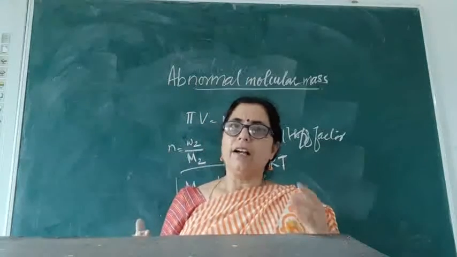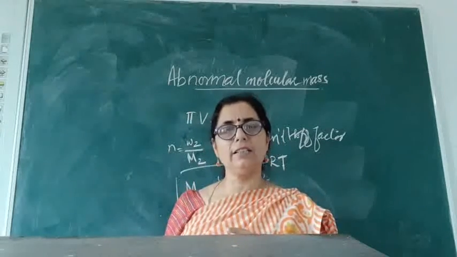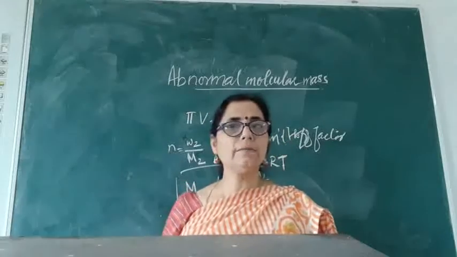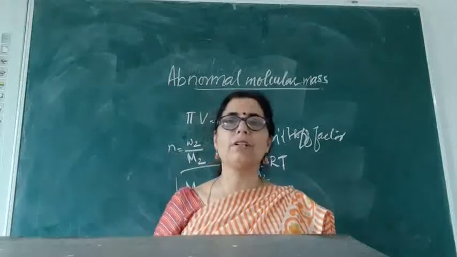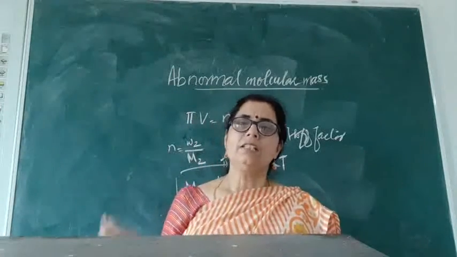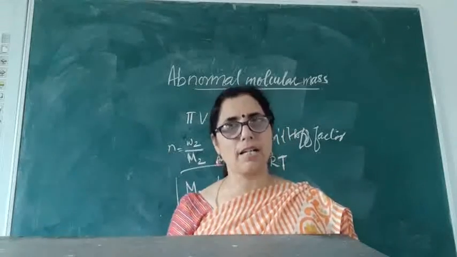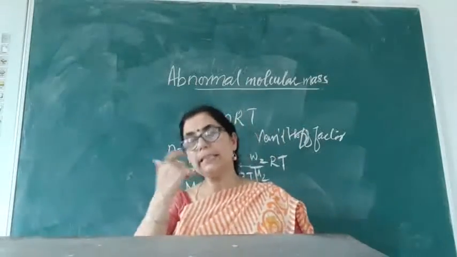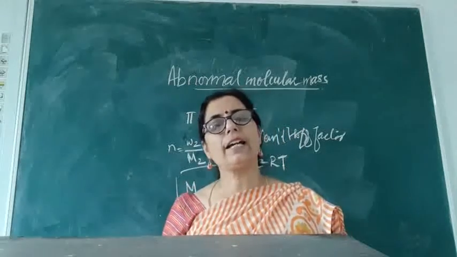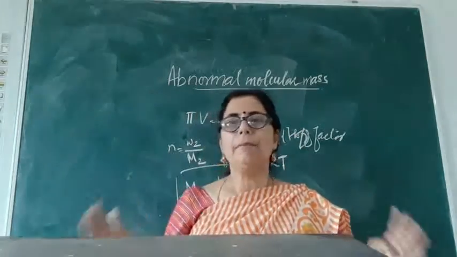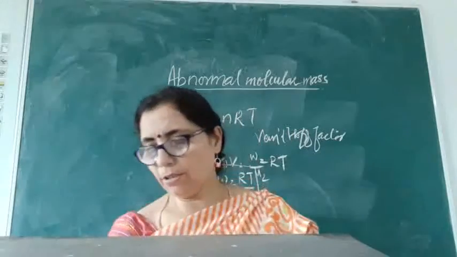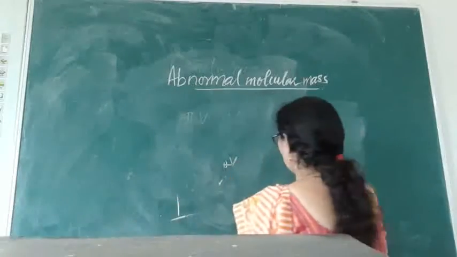So suppose we have added one molecule of NaCl, but it has dissociated into two ions. So the actual addition and the number of ions are different. It increases the number of ions, thereby the calculated value is more than the observed value. Similarly, when we try to find out the molar masses, we see the example of acetic acid in benzene or benzoic acid in benzene. At that time, dissociation does not take place, but in spite of that, association of the molecules takes place.